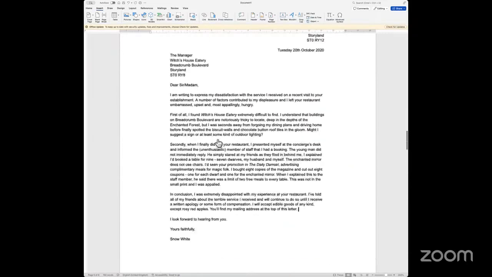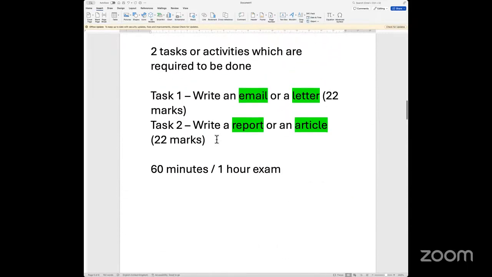The key points are each of the activities, 22 marks. You cannot make mistakes on spellings. You have to look at proper sentences. You have to look at grammar. You have to organize your writing in such a way that it clearly conveys a meaning. It is persuasive and you are able to write at the appropriate level. You have to write in paragraphs. That's why we have the three parts to it: the introduction, the main story, and the conclusion.